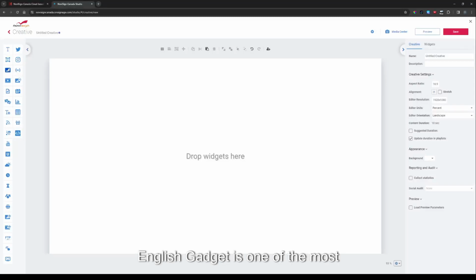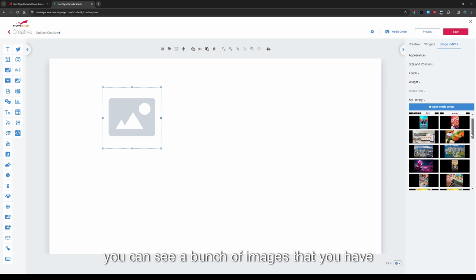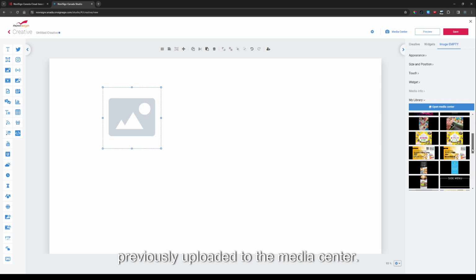The image gadget is one of the most fundamental gadgets in NoviSign Studio. To use it, locate your image gadget here, then drag and drop it to your slideshow. And on your right in the property section, you can see a bunch of images that you have previously uploaded